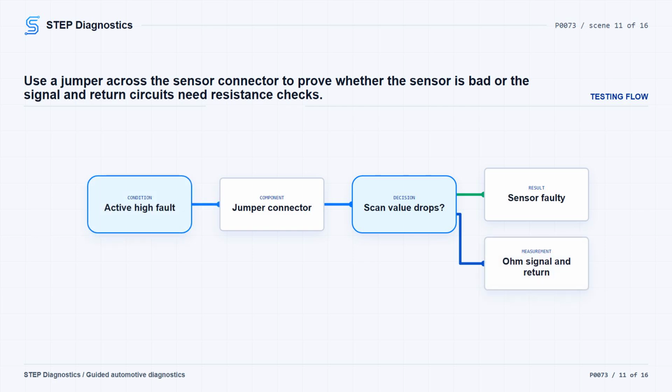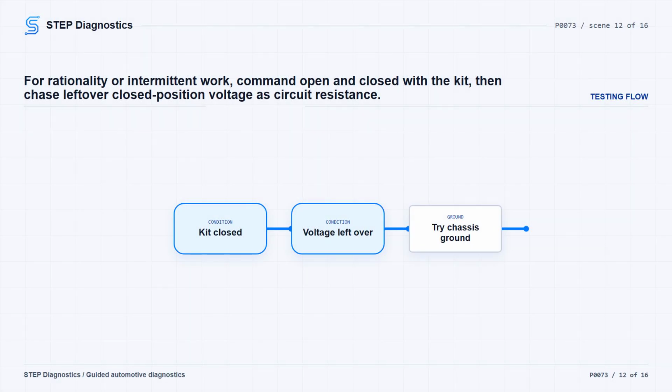Typically, the circuit resistance should be less than 5.0 ohms. If either circuit is open or high resistance, repair that circuit. If both circuits test good and the signal is still reading high, check all related connectors again before condemning the ECU. For performance, rationality, or a hard-to-catch intermittent, disconnect the temperature sensor harness connector and connect the electrical test kit